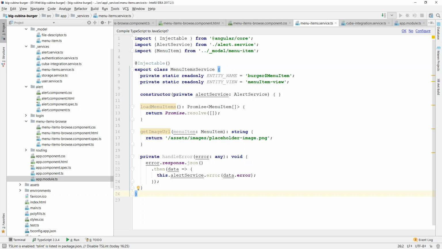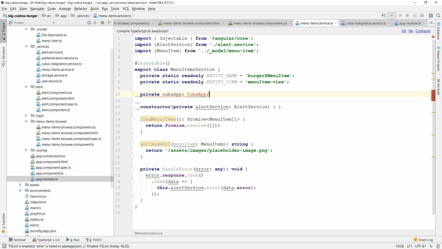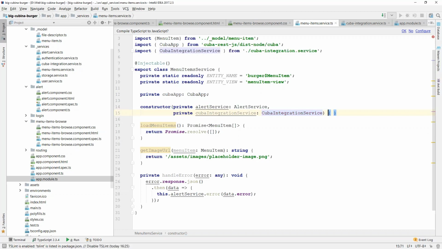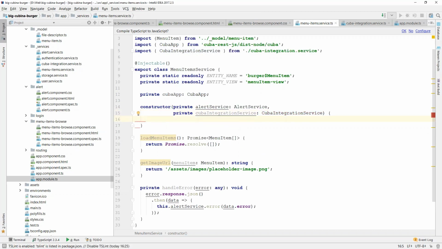First of all, let's add Cuba app field. Inject Cuba integration service here. And obtain Cuba app instance within constructor, like this. And add methods implementation.